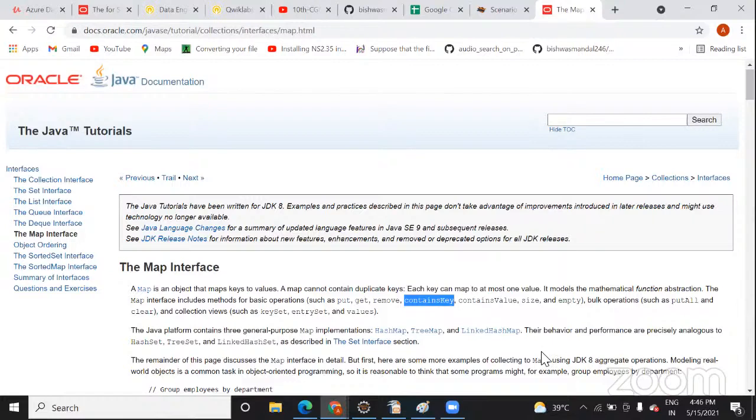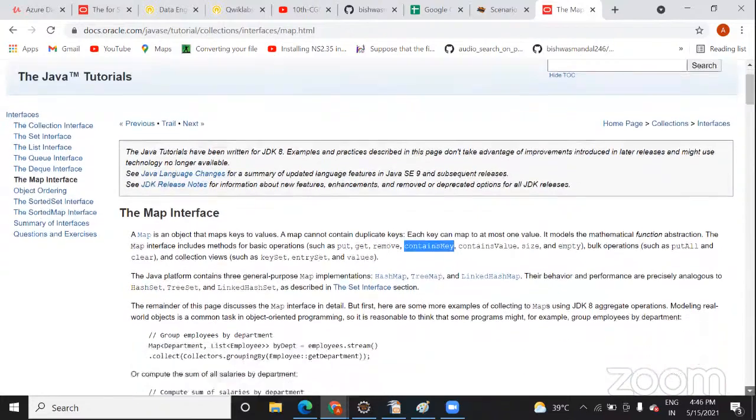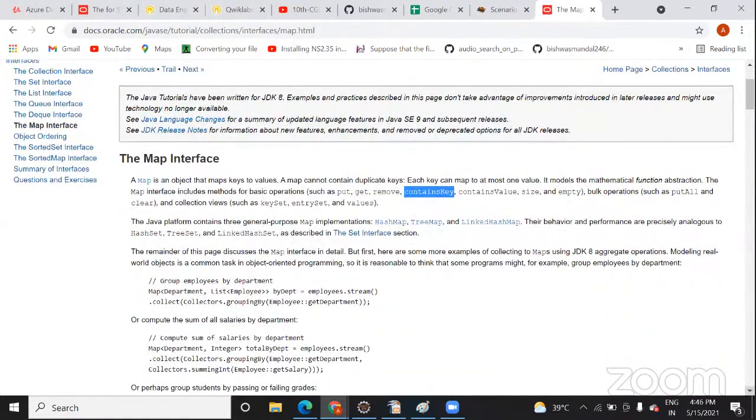I was trying to remove it, but it was giving some error, I think. Like we did in linked list, we used to write list dot remove first, list dot remove last, or list dot remove with the brackets, where we wrote the number of the value we want to remove. So I was trying that.